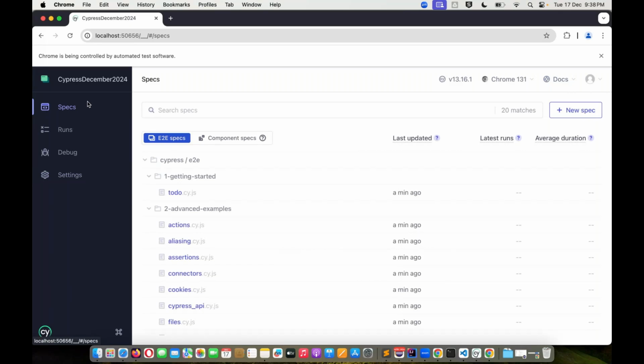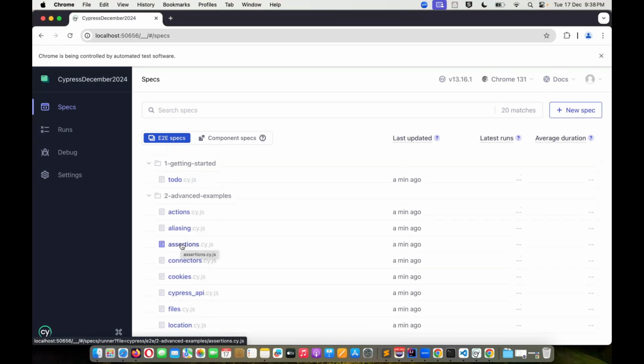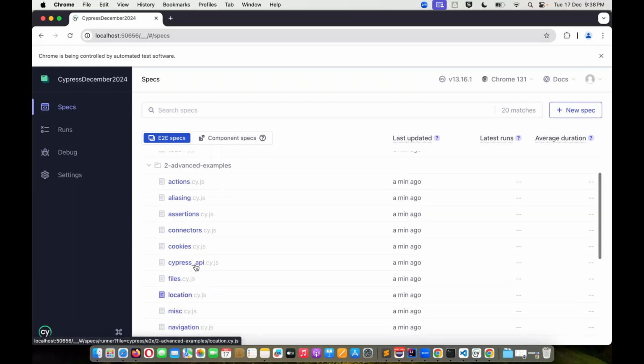Now you remember that I told you that on the left hand side you will see the test steps which are being executed, and on the right hand side you will see which steps are getting triggered or executed. For that purpose, this file I have not created, guys. This is something which Cypress provides by default for practice purposes. Now if I click on any of the specs, let's say todo.cy.js,